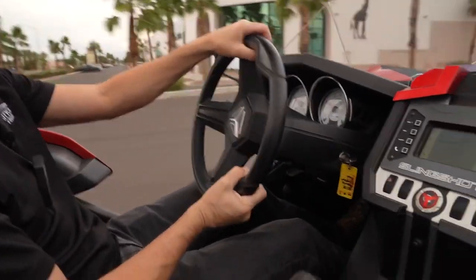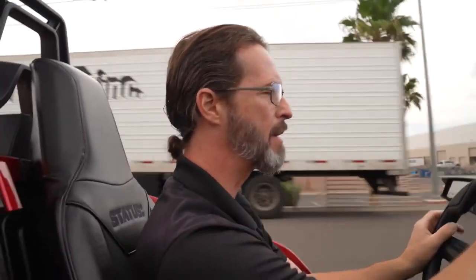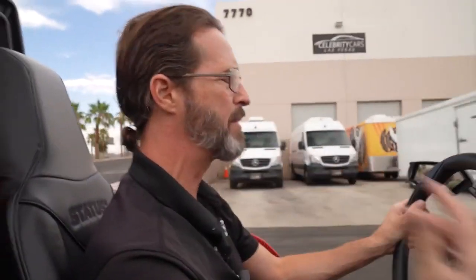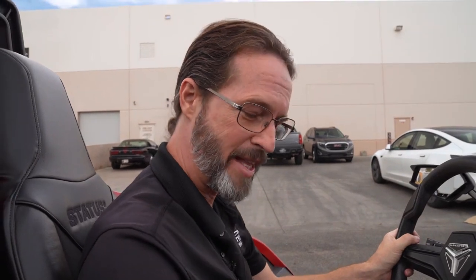Okay, seems all my turn signal indicators work the way they're supposed to. I downshifted into second when I came in here. The transmission, the motor, everything matches very, very well. And it drives really spectacular. I don't hear any squeaks or rattles. It's super, super nice, folks. I don't have anything else to say except if you're looking for a good used one of these, seems to be it. If you got any questions, give us a call,